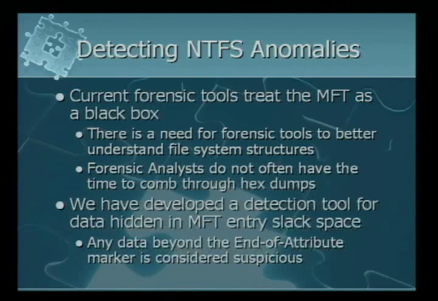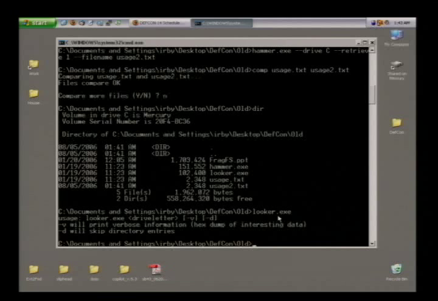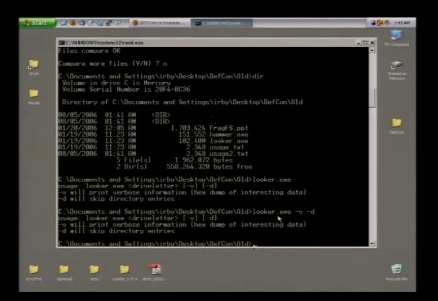So I'll flip back over. Our detection tool is called Looker, and I'll just run Looker. Let's see what the options are, because I never can remember. So we want to do a verbose, which will print out dumps of interesting information. And I'm going to skip directory entries because if you remember Matt said earlier, when directory entries become non-resident, Microsoft doesn't ever clean them out, and so you can get false positives there. It's just easier for me to skip them. It'll be nice if I actually put the drive letter